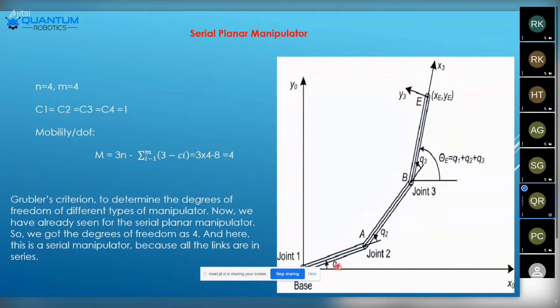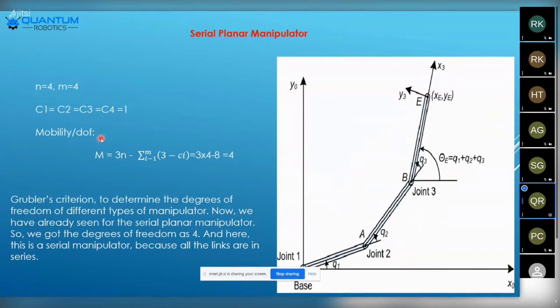And from here there is a q1, we are going to calculate that q1, and here the axis is q2, and here the axis is q3, and q1, q2, q3 is equal to q0. Whatever the axes are there, all the weights are going to act on the single weight of the particular area. Okay, and we are getting here n1 is equal to 4 and m is equal to 4, and c1 is equal to c2 is equal to c3 is equal to c4 is equal to 1.